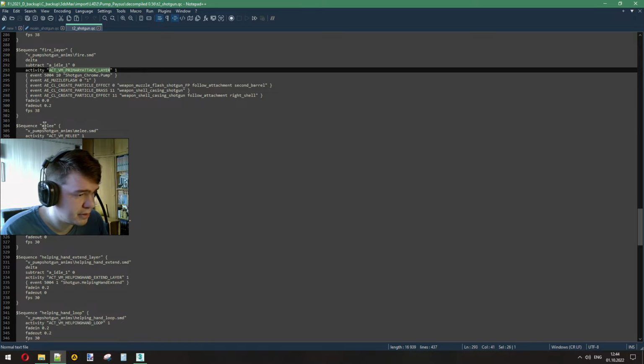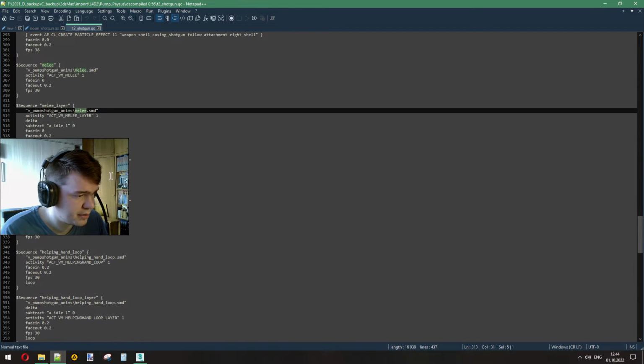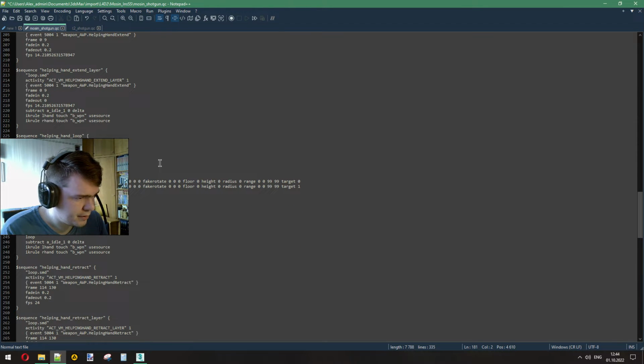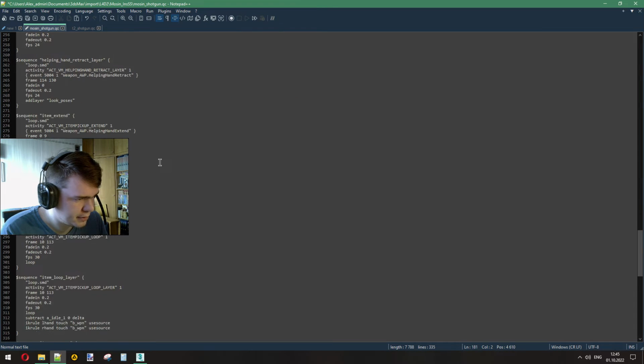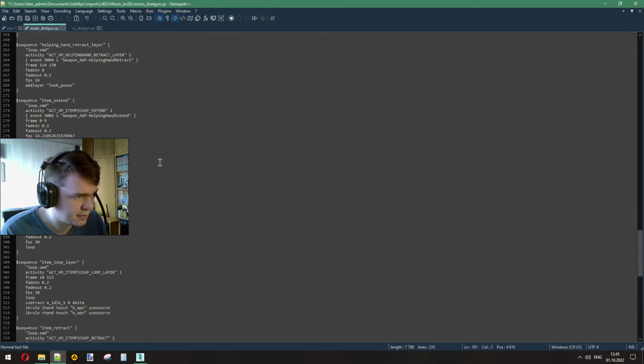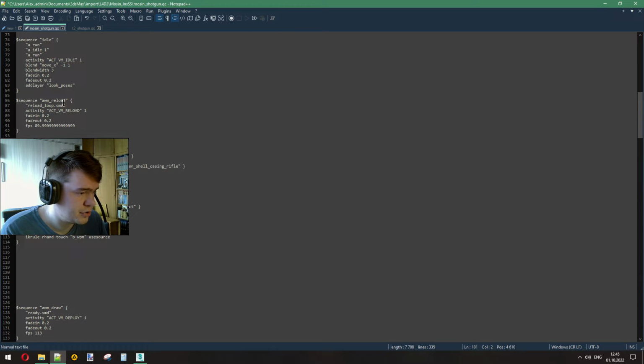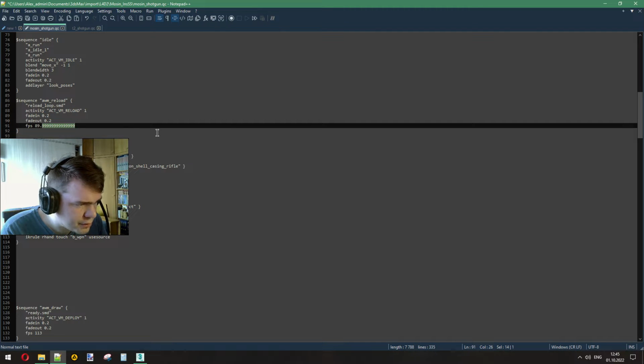Then we have melee. I'm not sure how melee is pronounced, so forgive me on that. Not googling that. Yep. And then helping hand and all of that. That's perfect. So we don't even need to change anything. We just need to chop the reload animation to count its